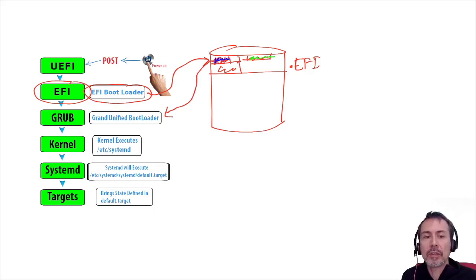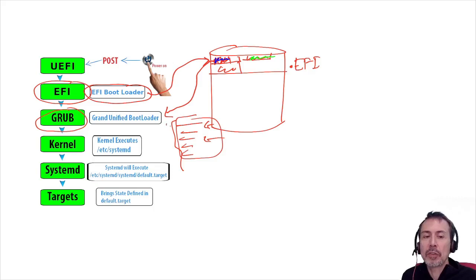In the case of Linux, we usually use the Grand Unified Bootloader, or GRUB. In the GRUB configuration, you can specify some parameters. For example, you can have a menu when you start the computer where you can pick some options. For example, starting the system in a rescue mode or in an old version of the kernel or whatever. You have this menu